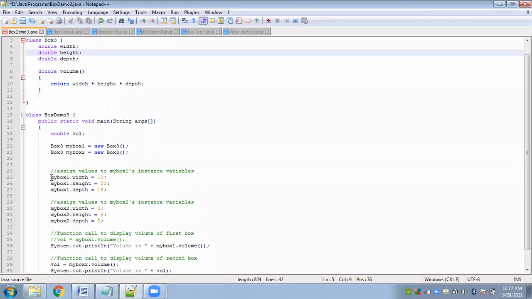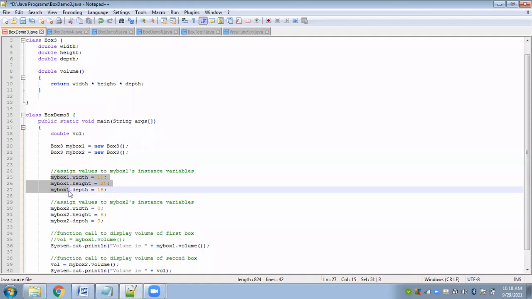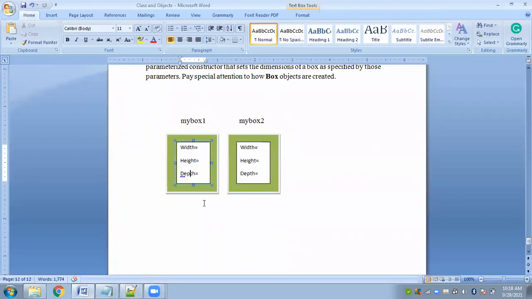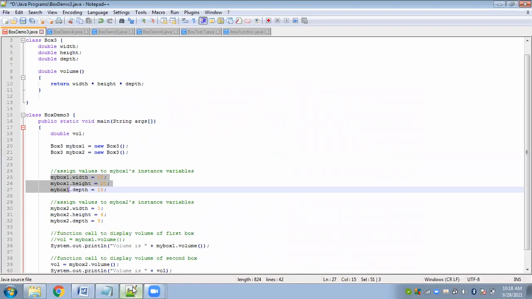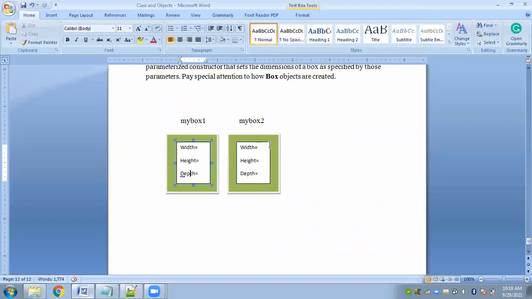So first we will assign values to my box1 instance variables. There we will insert the values for width, height, and depth accordingly. And how are they accessed? With the help of objects, my box1. So what were the values? 10, 20, 15.